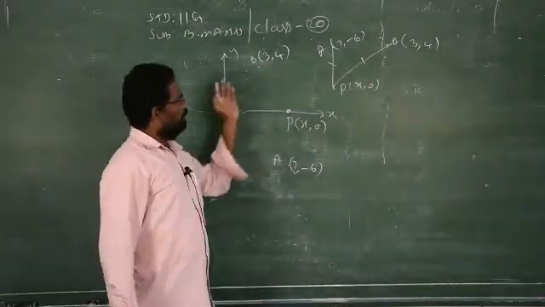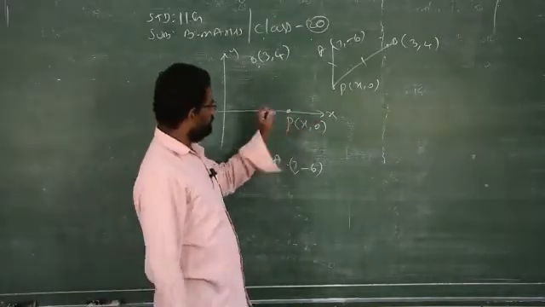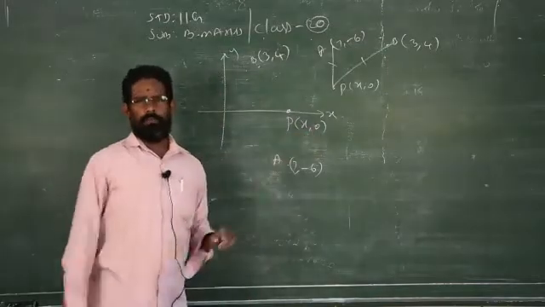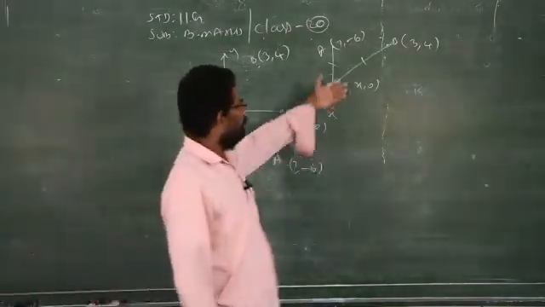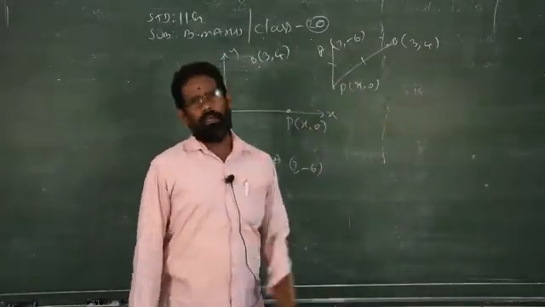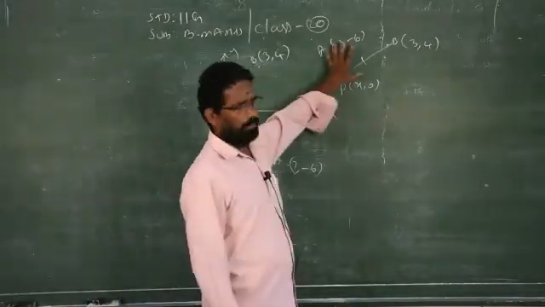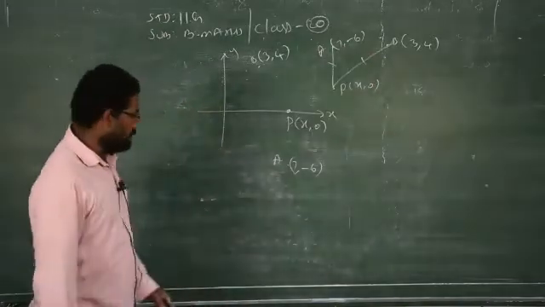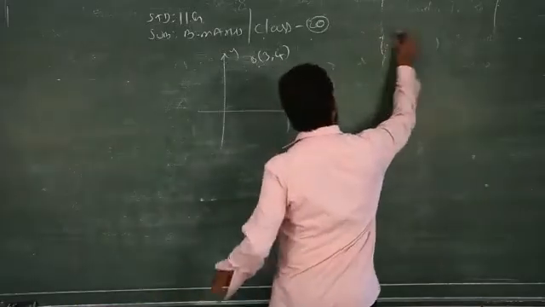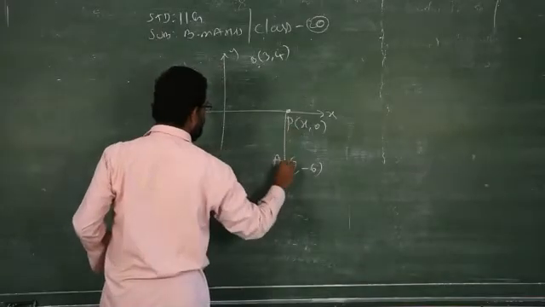You can do it without a diagram, without a graph, also. Why am I drawing the diagram? Because for a point on the x-axis, y is always 0. If you know that straight away, you can draw like this and proceed. Clear? The diagram may be different. This doesn't carry marks, it is just for understanding purpose that I draw the diagram. There is no other reason that it will earn marks. Without the diagram also you can proceed.